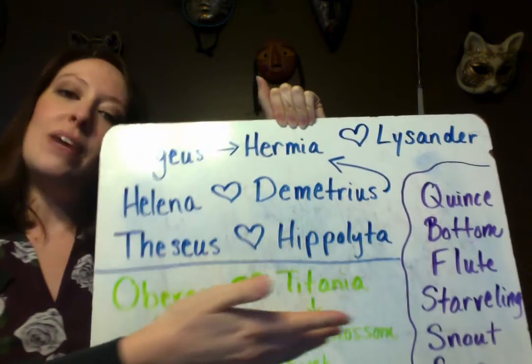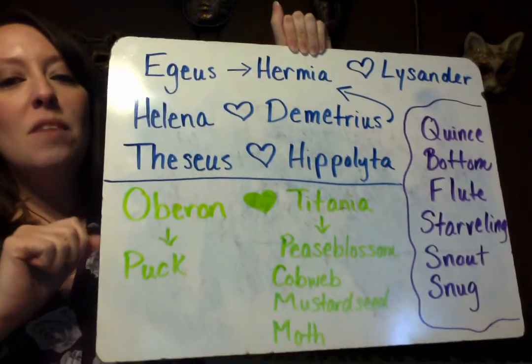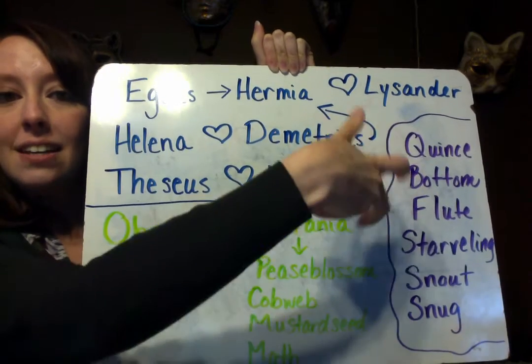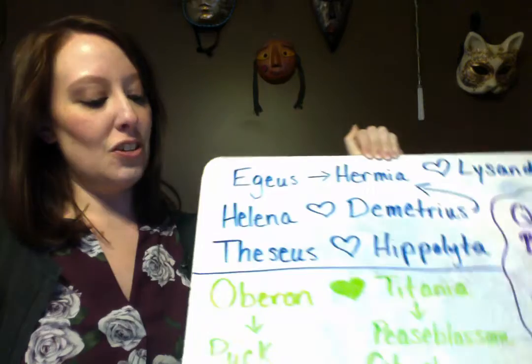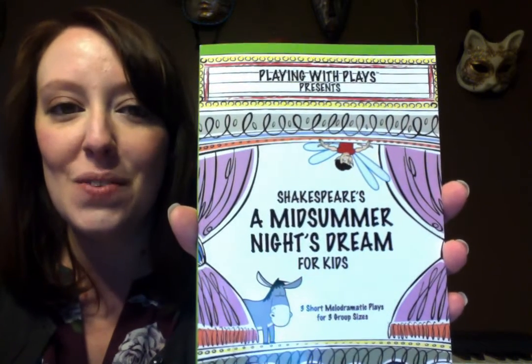Just like in Hamlet when we read that last year, there was the play within the play storyline going on. But in A Midsummer Night's Dream, all of these characters are going to get intertwined as a lot of mistaken identity and crossover happens with their storylines. So it is a comedy. Last year we read a tragedy. We read Hamlet. With a comedy, they liked silliness, they liked slapstick, they liked things that were completely happy and made them laugh. So with this, there's going to be a lot of chaos in our story.